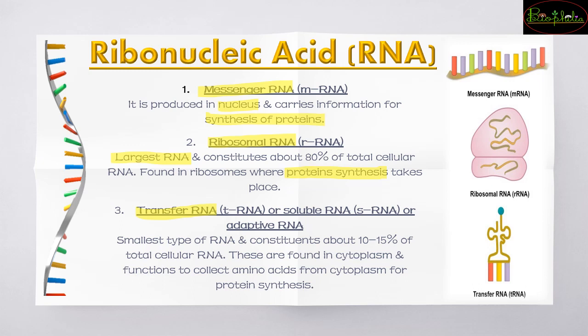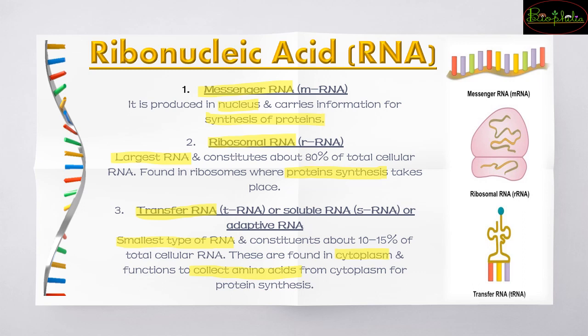Now transfer RNA, जब प्रोटीन बन रहा है, हमें प्रोटीन बनाने के लिए अमीनो एसिड्स चाहिए. सो अमीनो एसिड्स को साइटोप्लाज्म में बना बनाया वापस लेकर आने को you need a transfer RNA. So this is the smallest type of RNA and it is about 10 to 15% of the total cellular RNA content. ये साइटोप्लाज्म में मिलता है and it will collect the amino acids from the cytoplasm so that protein